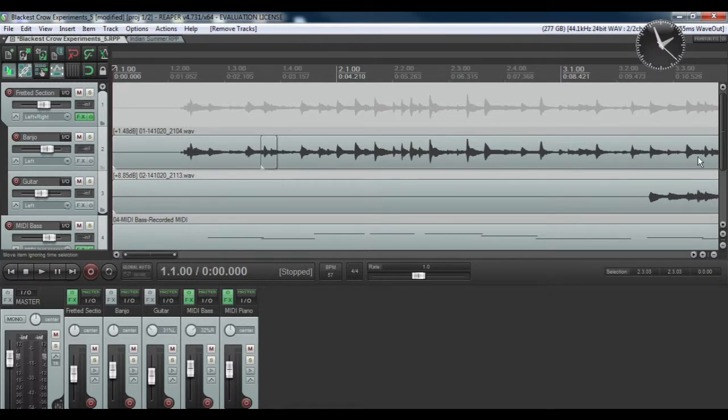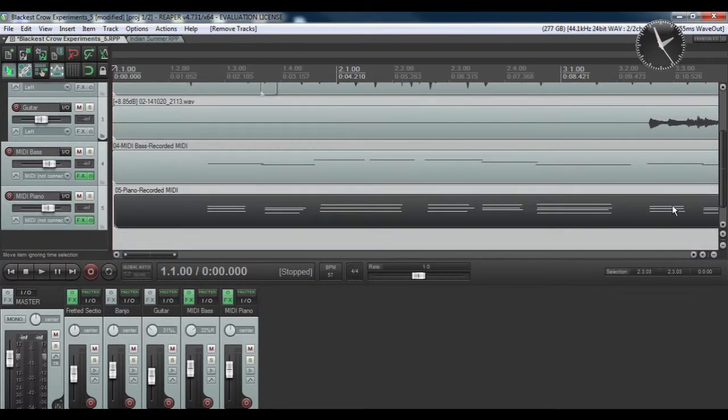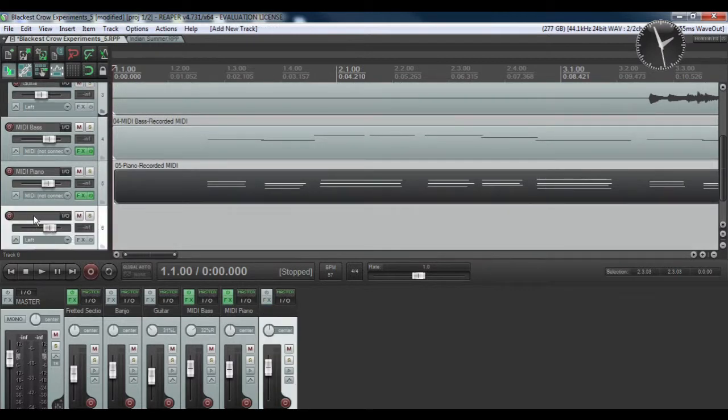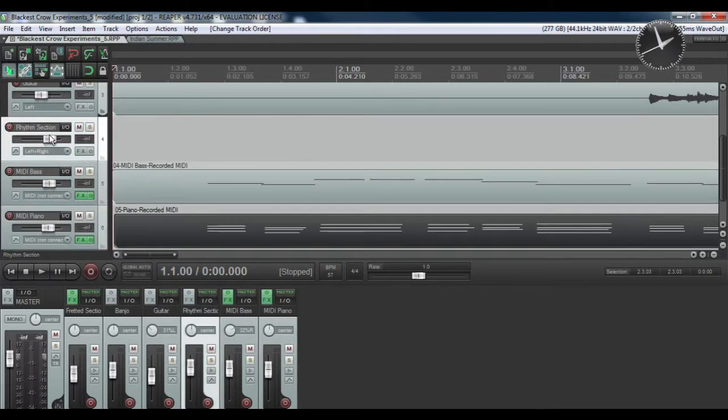Let me show you how to make a folder in Reaper. It's a fairly simple thing to do. First we create a new track. We'll name this track Rhythm Section because it has the bass and the piano in it. We're going to make that be a stereo track, and then we're going to move this track up above the bass and the piano, and we'll hit the folder button,